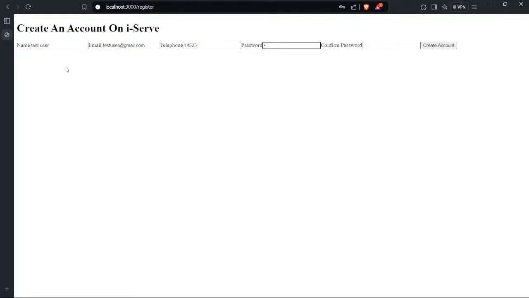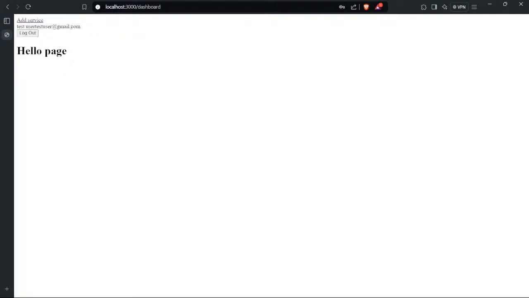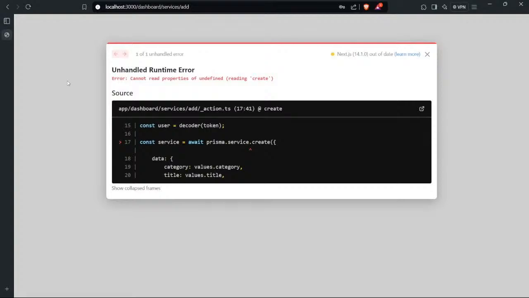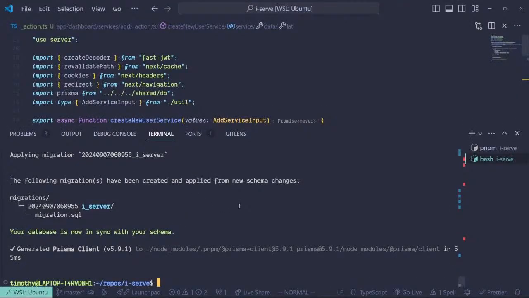Just password prayer service or food. What in the world is going